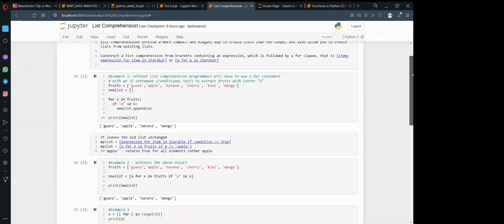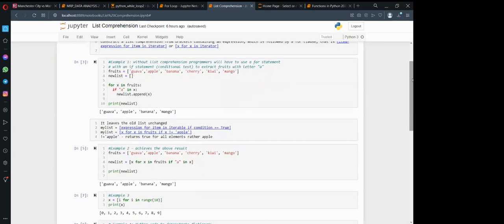So let's say you have a list here of fruits. With an if statement, you have to use the first example here, which we are going to look at.